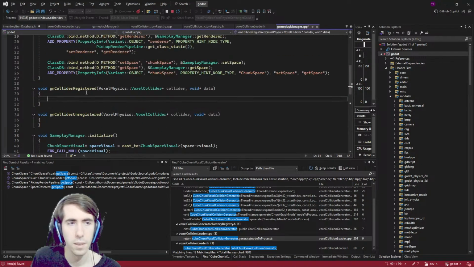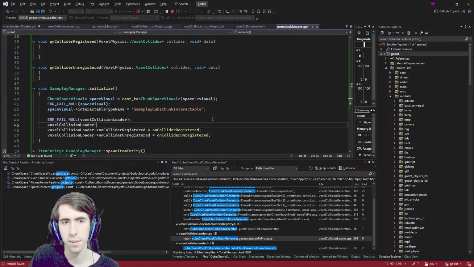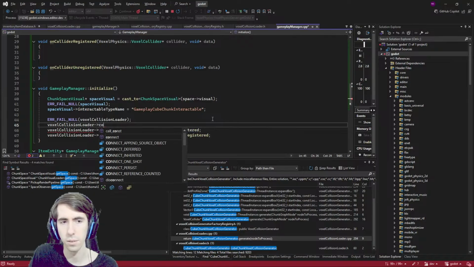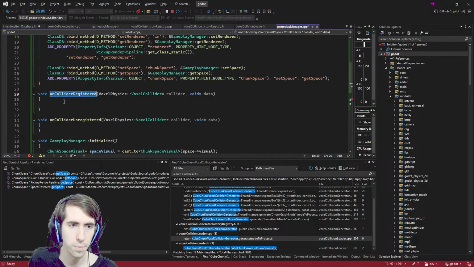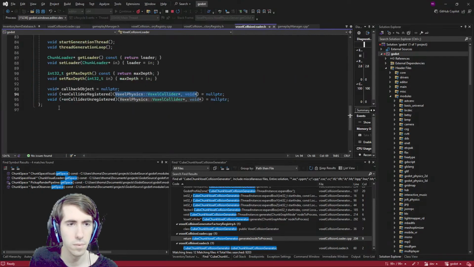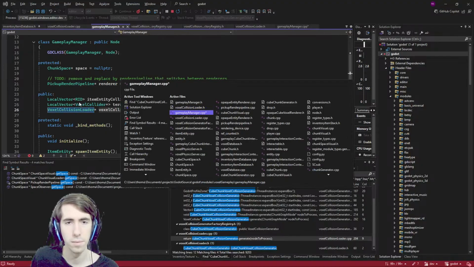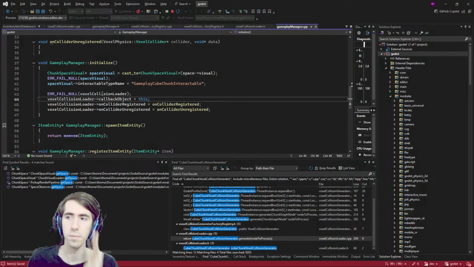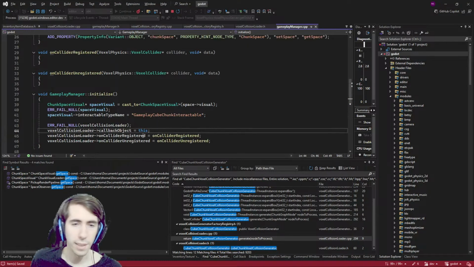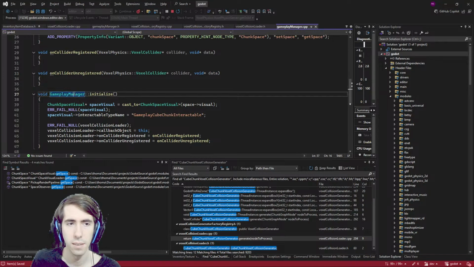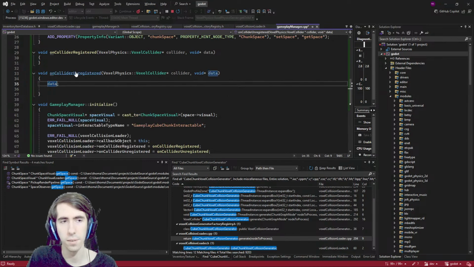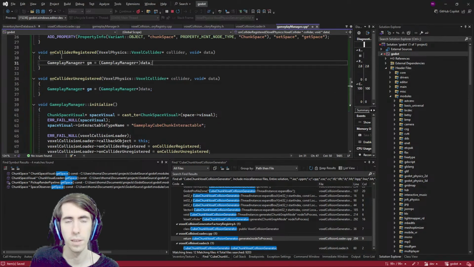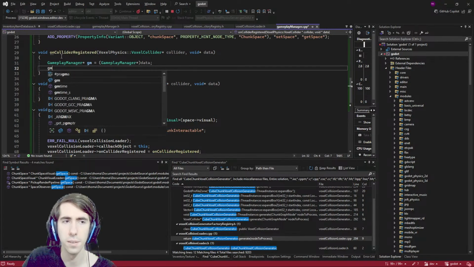Okay. So I just want to assign the data. Like the collider. What was it? Callback objects, I suppose. This equals this. Okay. And now I can basically just cast the data to a pointer. Game manager, GM, let's say. And now we can do GM,